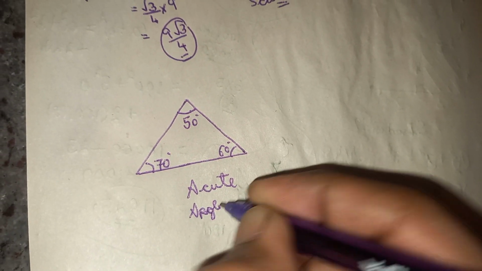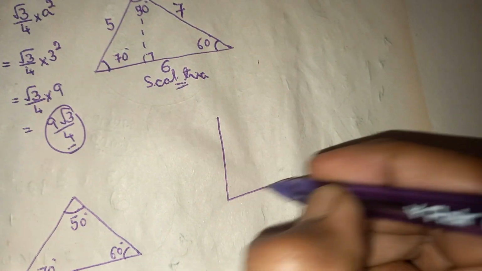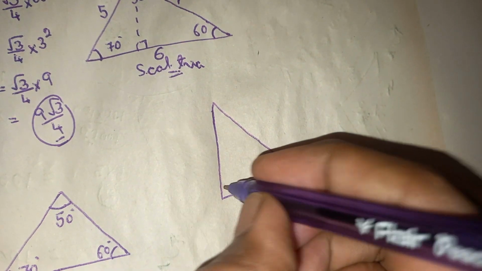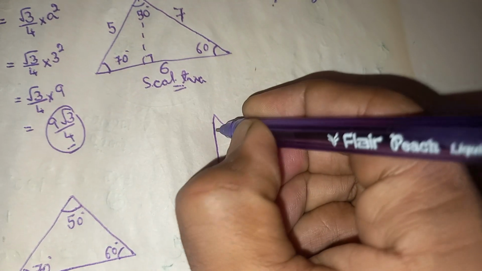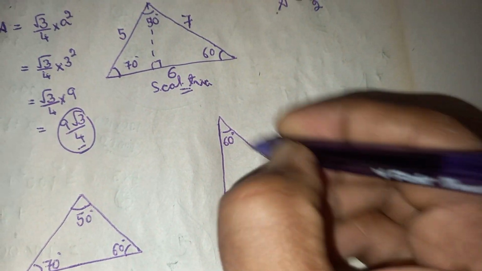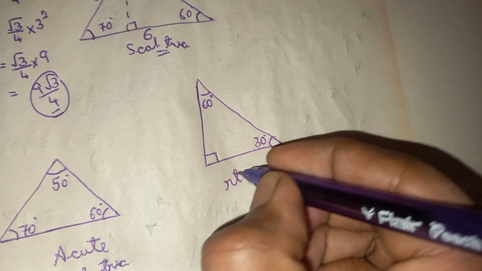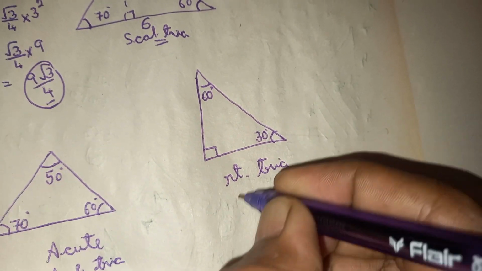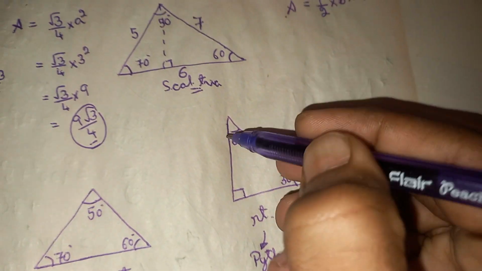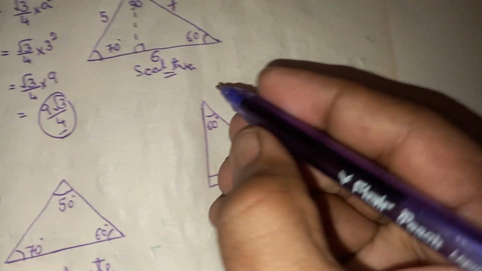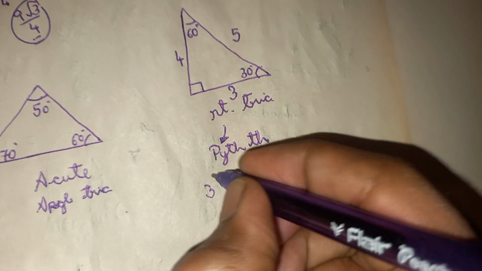Now take another triangle, where one angle is 90 degrees. When one angle becomes 90 degrees, it is known as a right triangle. In this it can be 30, 60 or anything, the remaining two angles add up to 90 degrees. In this right triangle, we talk about the Pythagorean theorem, which tells that this side square plus this side square is equal to the hypotenuse square. See here, 3 square plus 4 square will be